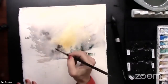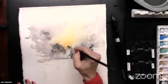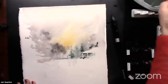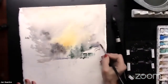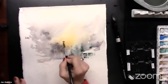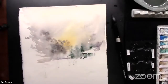And because it's wet, this is what I would call wet into wet. And it's a very soft approach to doing a landscape or any painting. And as long as it's wet, it's going to move. That's what I love about it. And it's one of the things that I just love about watercolors, that it gives you these unexpected results without having to really have it be overly painted. So it just sort of gives it a beautiful, nice, soft effect, and very much throws everything into soft